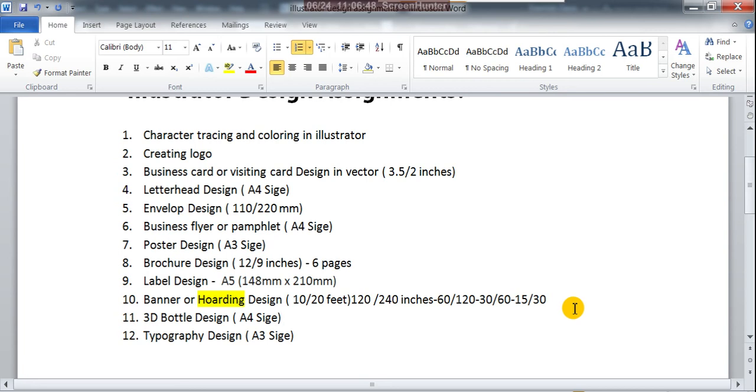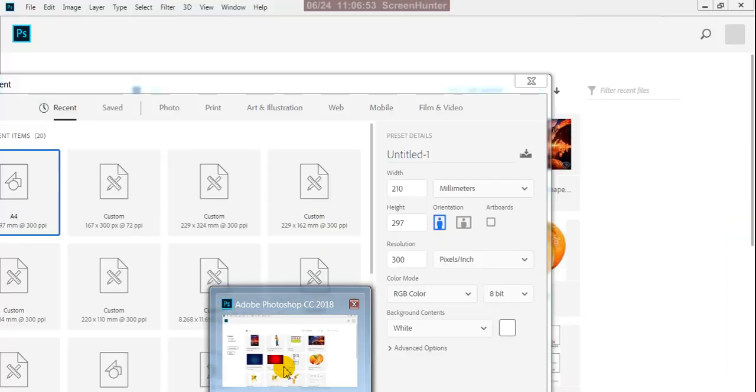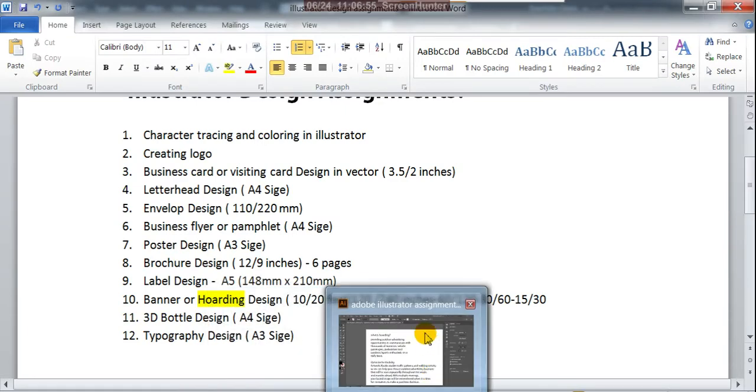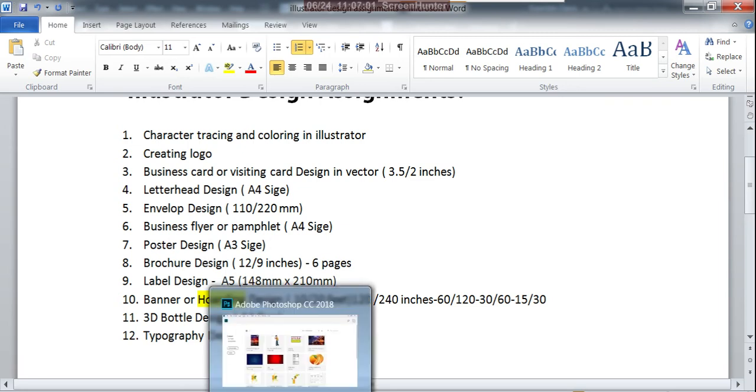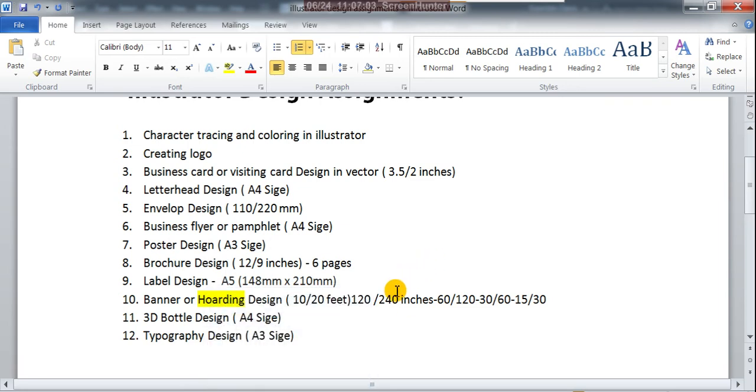The same resolution we apply to the photographs given by the client, and you can give the same settings to all the product photographs. So you give 600 resolution at the actual size, and then the same pictures you can place or export to the Adobe Illustrator file.